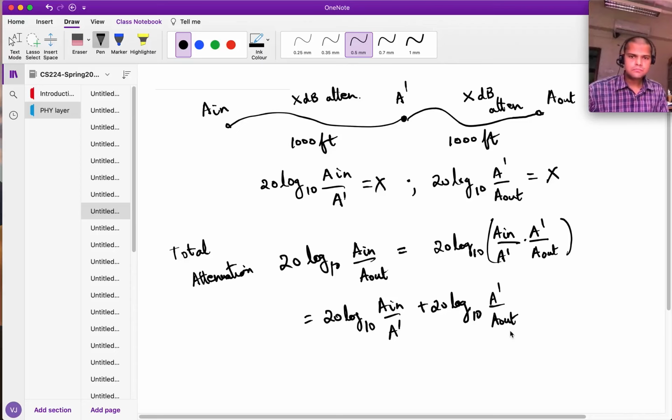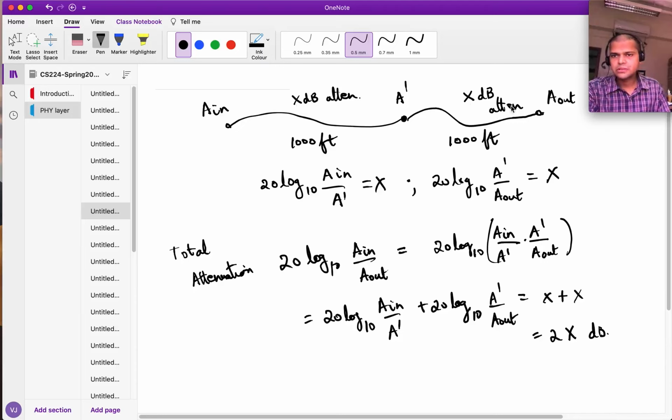Okay, which is just going to be X plus X, which is 2X dB. Okay, so if you add two cables together, you know that each has X dB, the total attenuation is X plus X, 2X, right? And of course, what if I had X dB here and I got another wire with Y